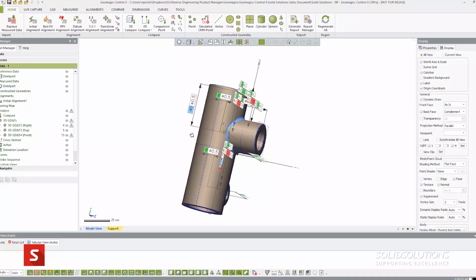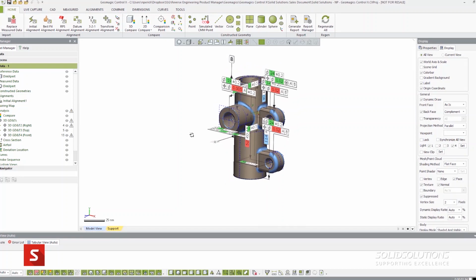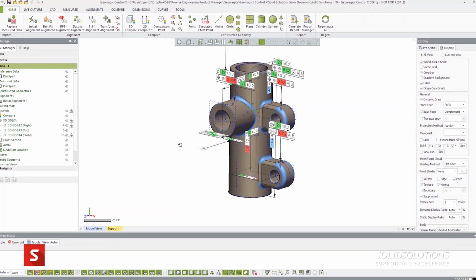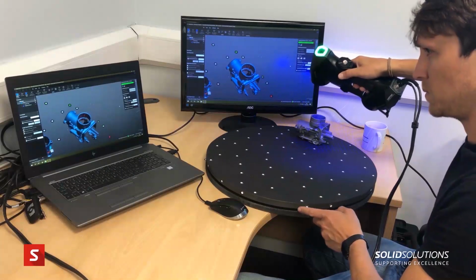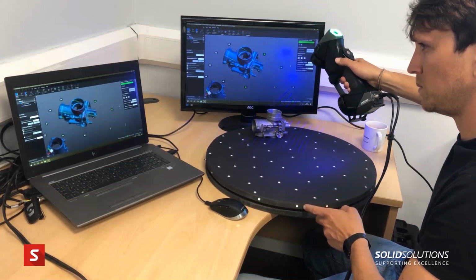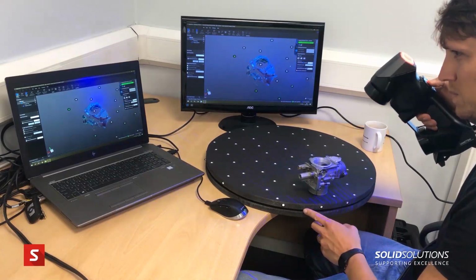The reason this way of working has become more popular is due to the advancement of the technology. The hardware and software involved are getting more powerful and affordable, and there's loads of different solutions out there to suit all budgets. The scanners themselves range from inexpensive desktop systems all the way to accurate ARM-based solutions that combine CMM and scanning. And some manufacturers have even combined high accuracy with the flexibility offered by handheld solutions. So we're thinking of things like the Creaform scanners. And even if you don't own a scanner or can't afford a scanner, you can still get a company to scan the part for you and take advantage of this way of working.